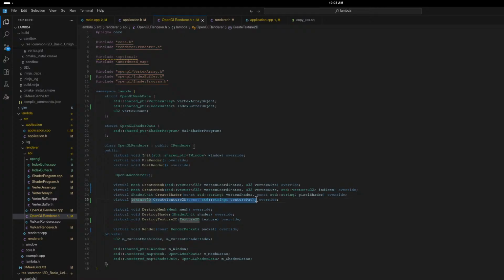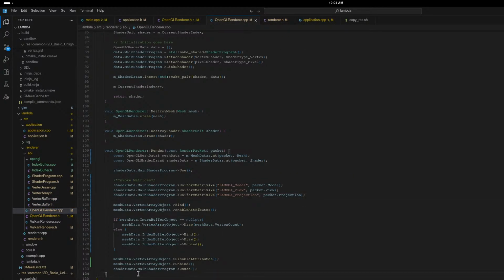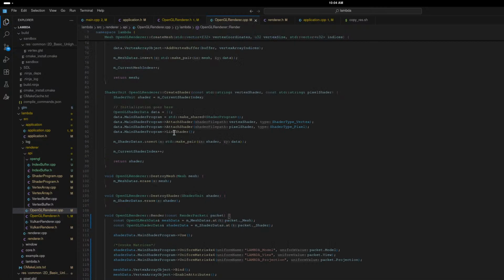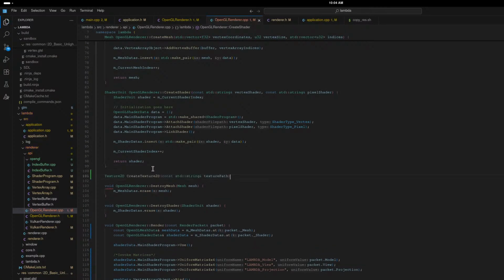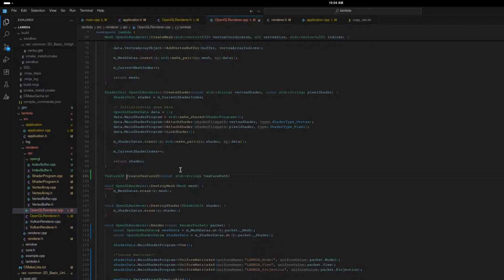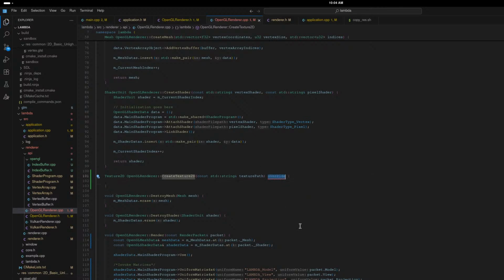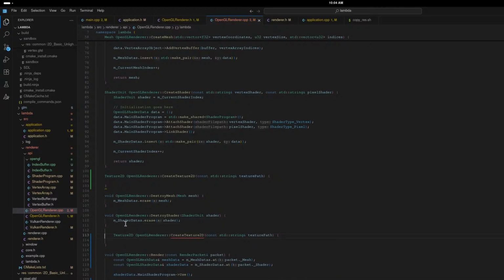So this texture 2D create texture, OpenGL renderer, override. Oh, I don't put that there. And then we'll create a void destroy